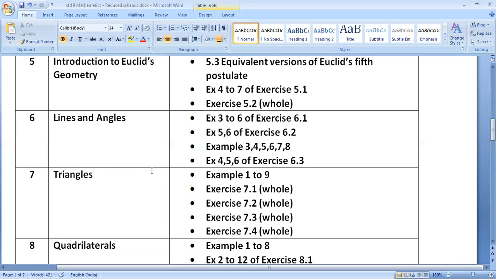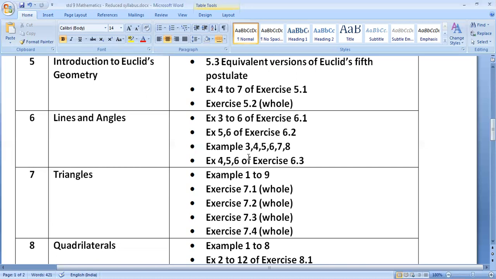Page number 96, example 3 is excluded. You can see here I have mentioned that example 3 is excluded. Actually, what happened is that different examples are in different sections, so all together they have been mentioned. So page wise I'm telling you here, so you should tick mark it properly.